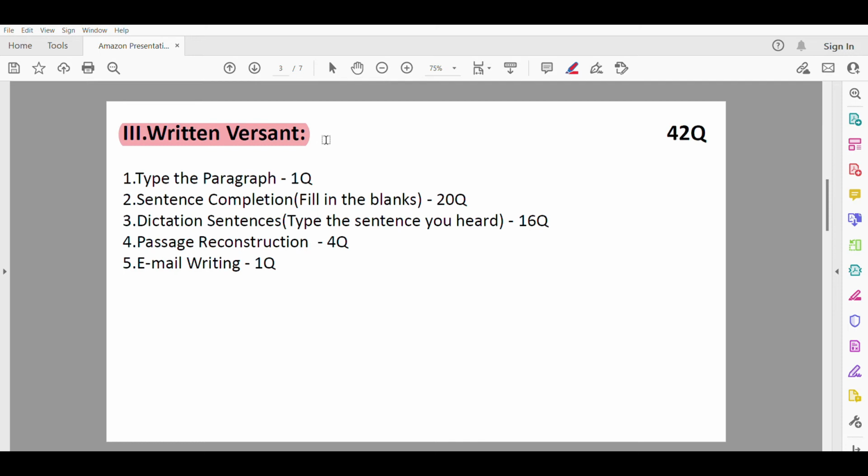Okay, the first topic of this test is type the paragraph, right? You will be given a paragraph on the left side of the page, and you have to rewrite the paragraph on the right side using your keyboard. Basically this test calculates our word power, our typing speed on the computer. Generally 1 minute will be given, and in that 1 minute we have to type the paragraph very speedily, and they will calculate our typing speed, right? This is the type the paragraph question.